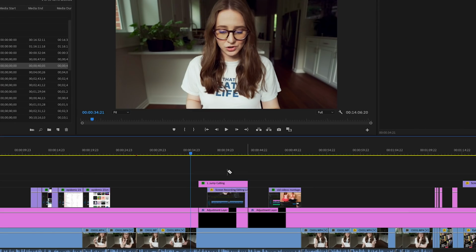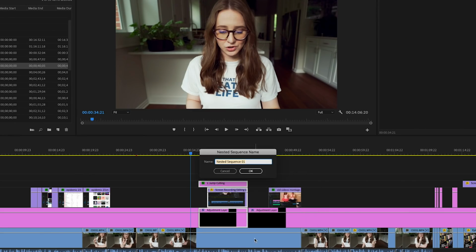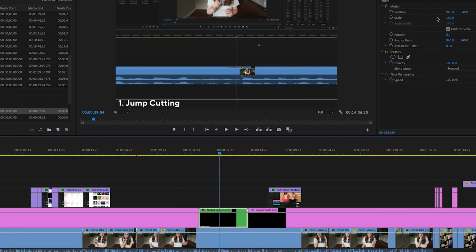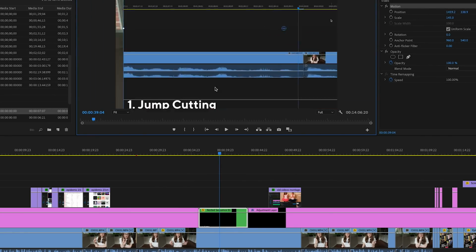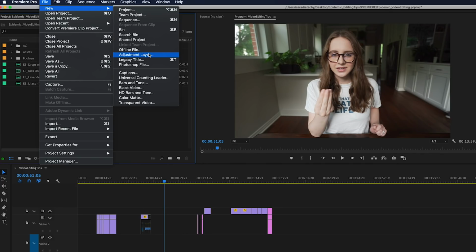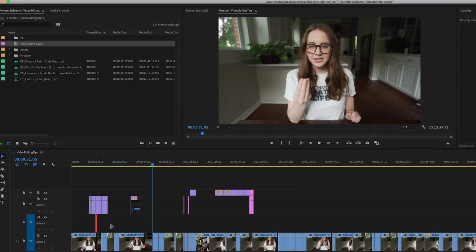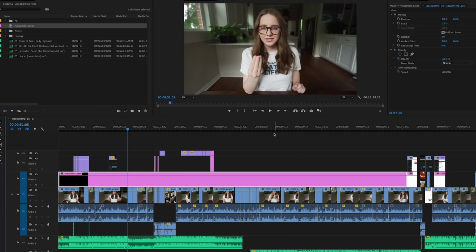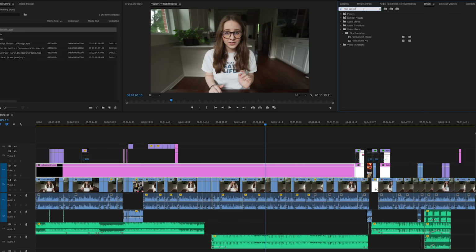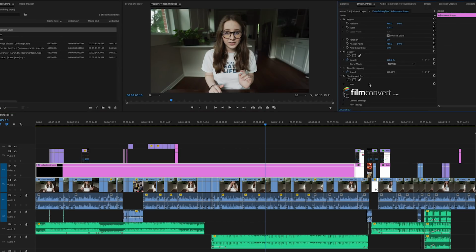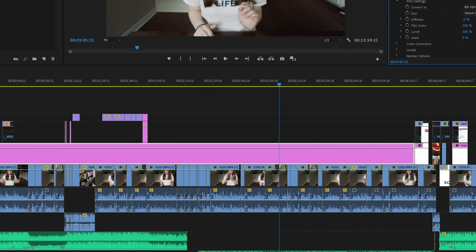That's just one example. If Premiere isn't doing something to a clip that you want it to do, usually nesting helps. Outside of that, nesting is used to put a lot of layers into one clip, and then it's an easier way to apply effects to that one unit, or move it around, scale it, do whatever. Speaking of applying effects, if you don't know what an adjustment layer is, you should start using them. Say you want to color grade this group of clips one way, and this group of clips another way. Well, use adjustment layers to apply that effect to multiple clips. Whatever effects you put on the adjustment layer will affect everything underneath it.